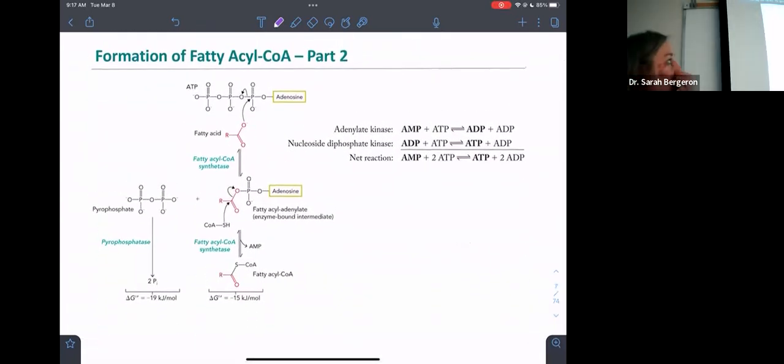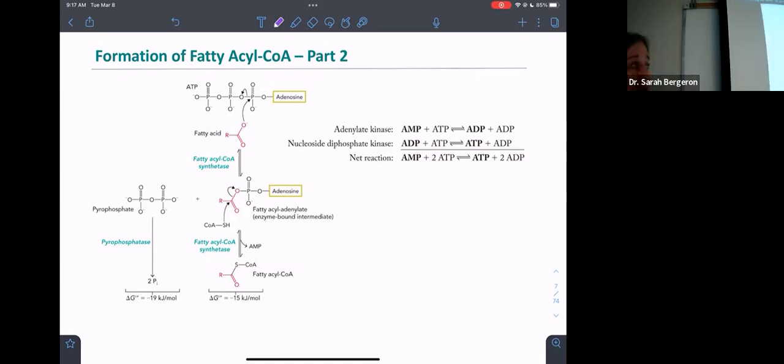Okay, so we want to form a fatty acyl-CoA. So we are going to link this to ATP hydrolysis. We're going to start out and we have a fatty acid. How do we know we have a fatty acid? What kind of functional group do we have on the end of the fatty acid? A carboxylic acid or carboxylate, depending on the state of the cell. In this case, we have a carboxylate because the hydrogen is not there. So the carboxylate ion is what is going to